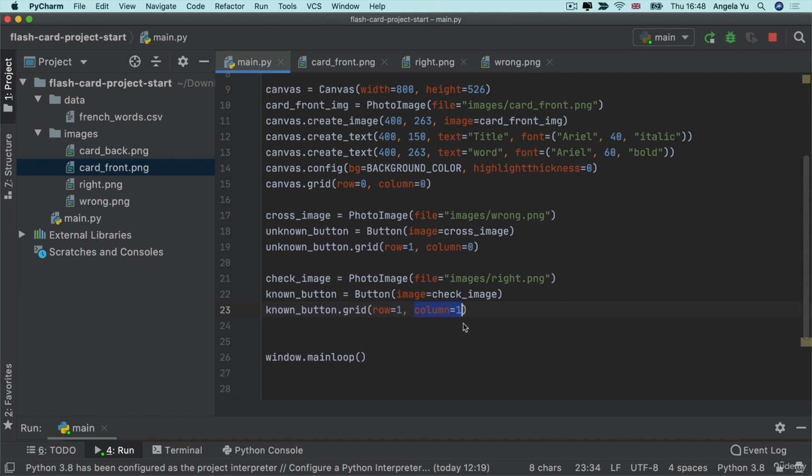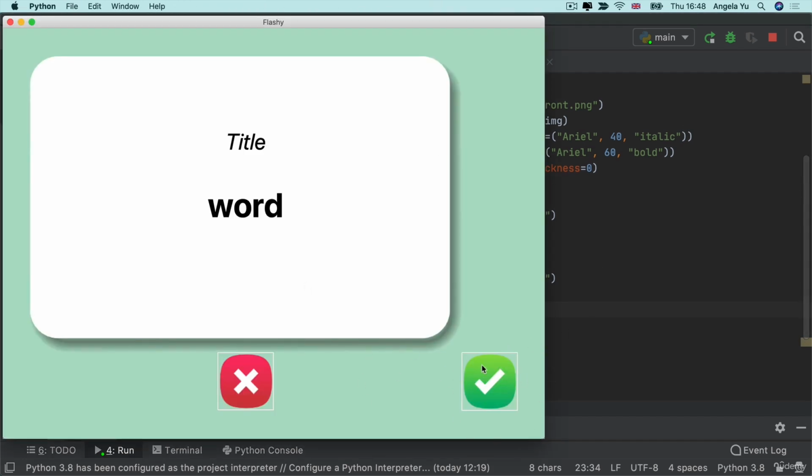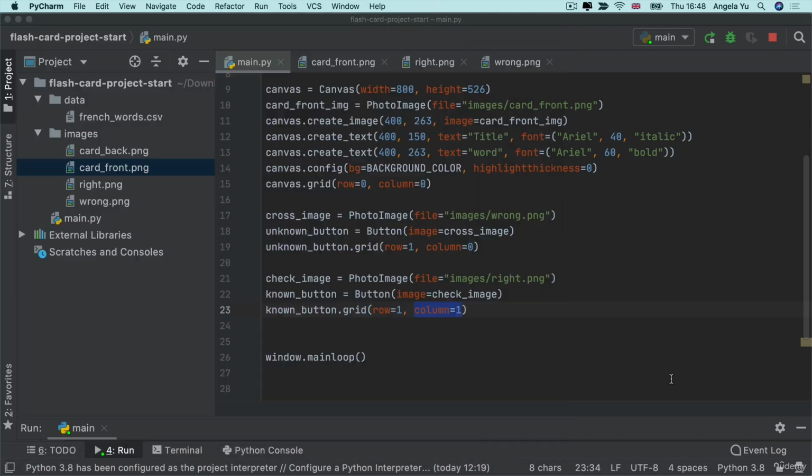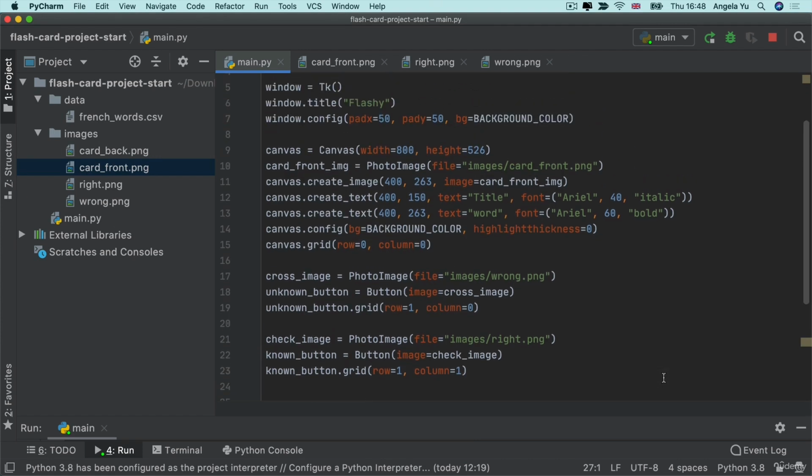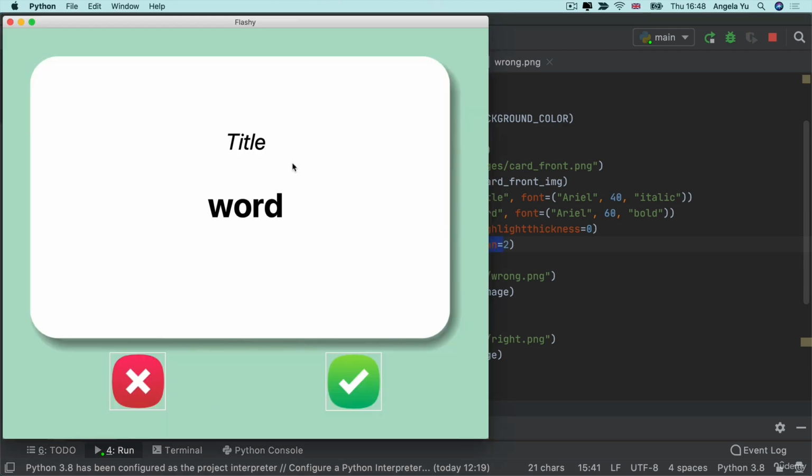Now at this point, if I run the code, you can see that our check button is all the way on the right, while our canvas and our cross button are in the leftmost column. So you know what you need to do. You have to change this canvas grid to have a column span of 2. So it starts at column 0 but ends at column 1. Now when you run it, you can see it's nicely placed onto the screen in the way that we want